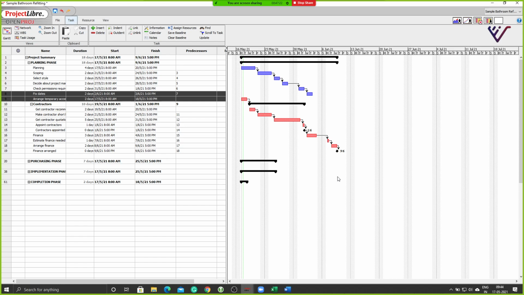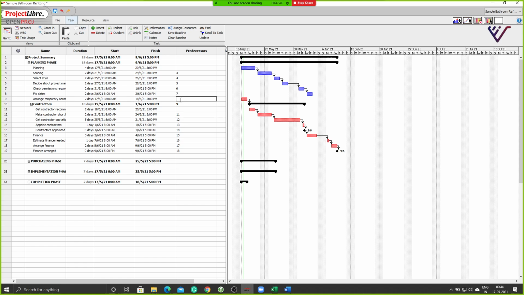You see what's happened now? The activities from contractors have become separate from the previous activities. And now even here, if you see the predecessors, arrange temporary accommodation has no predecessor now.